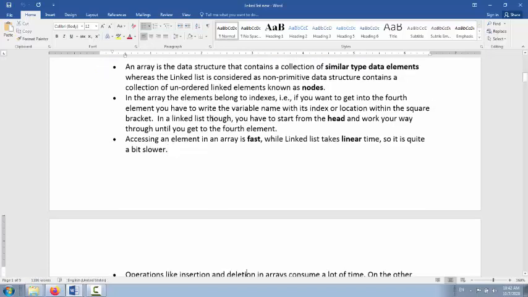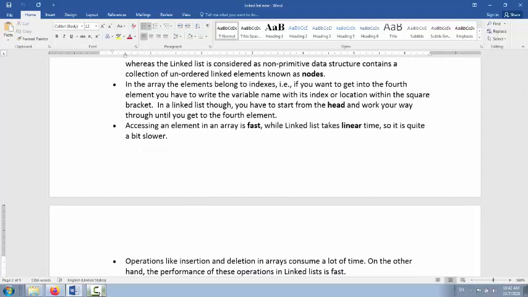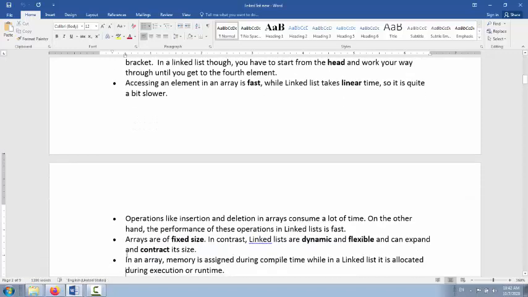Third one is accessing an element. In an array it is fast because direct access is possible. The linked list takes more time because only linear access is possible, so one by one access is possible inside the linked list.